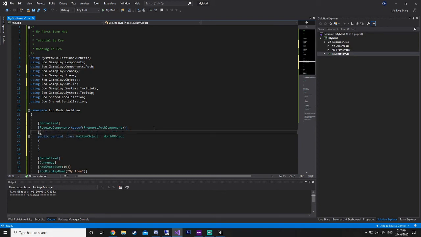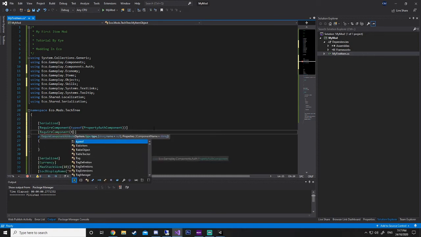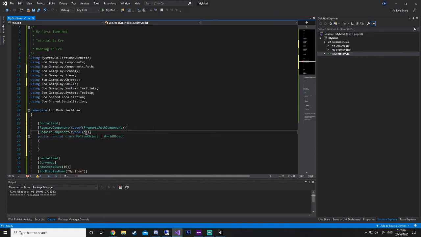Next attribute we're going to add is RequireComponent SolidGroundComponent, which means that this object needs to be placed on the ground. Otherwise, it won't let you place it on walls or anything like that. So we add the SolidGroundComponent, so it has to be placed on the ground.